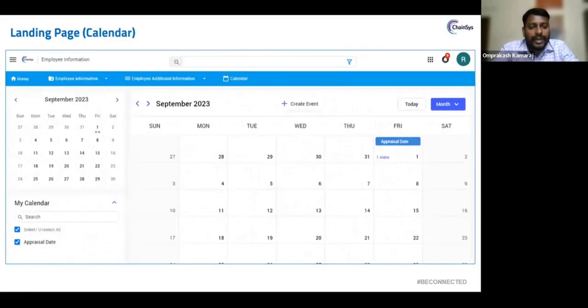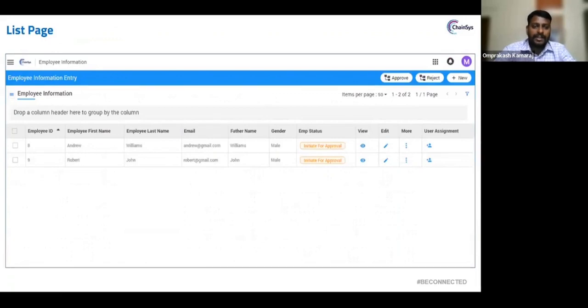Calendar can also be configured in the landing page, because once the user logs in to the application, he or she can view the upcoming tasks or meetings, which will be very useful. So this is the list page. The list page is a collection of data and supports navigation. Through the list page, the user can navigate to an entry page by clicking the add action button. If a user wishes to view the record, then click the view action button or just click the record. To edit the record, click the edit action present at the row level.